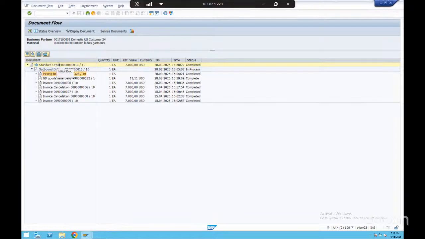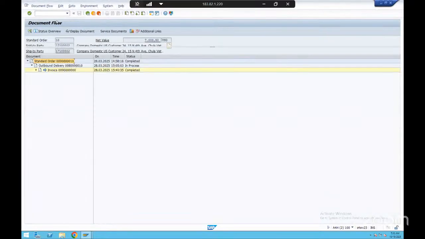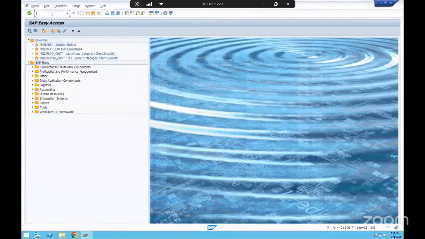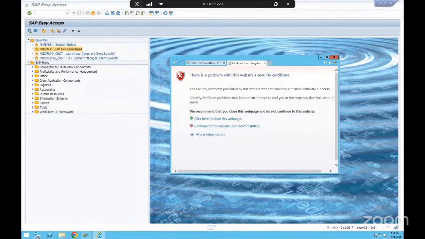Now I'll be creating these documents one by one in the system. In general, you have to enter the transaction. This view is the GUI, the GUI screen, as we call it. There is another view, the Fiori view, that you can get when you are